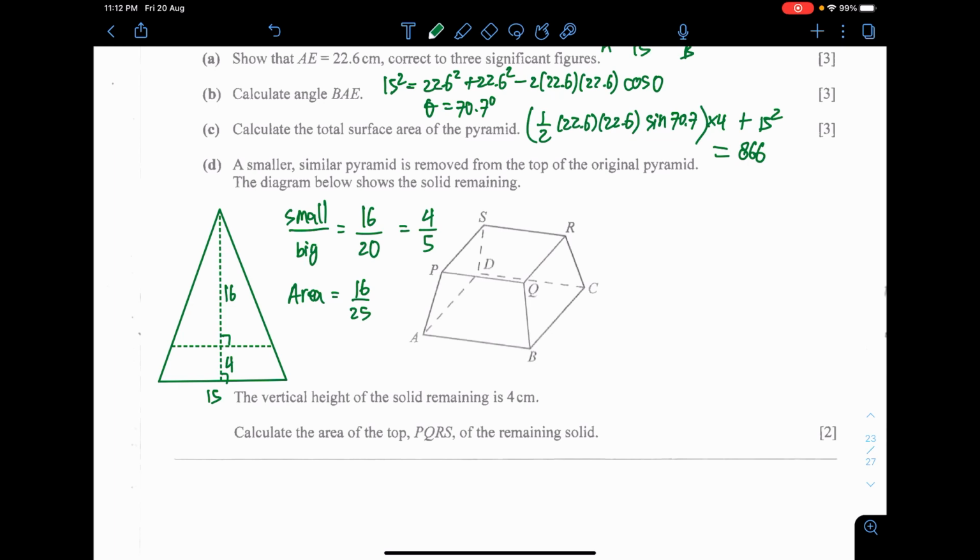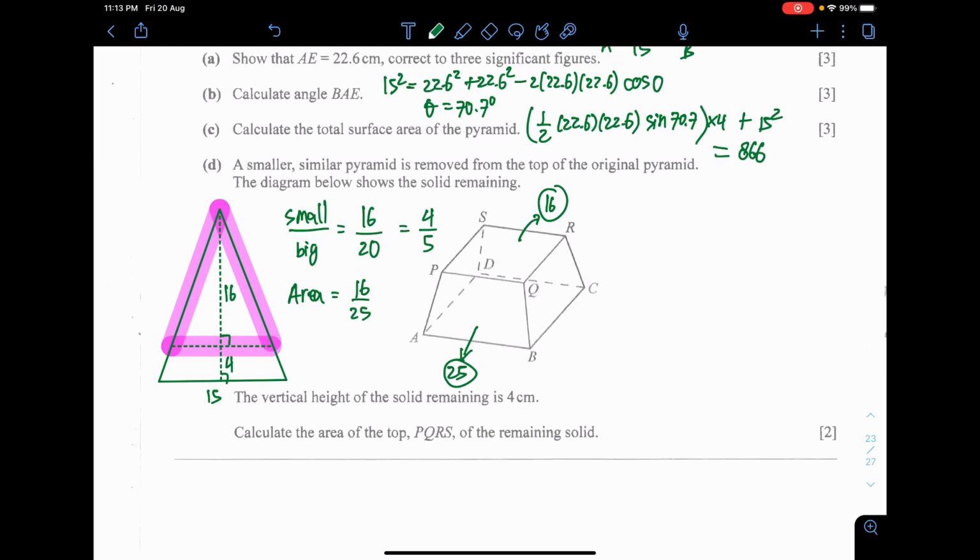So what does that mean? The 25 is actually for the area that is owned by the whole pyramid. And the whole pyramid actually includes the ABCD, which is actually the base. So here, the ratio is 25 units square, not cm square. And then for the smaller pyramid, that is the result of the cutoff. If you're wondering, the smaller pyramid is this one here. The bigger pyramid is the whole thing. Again, this is the side view. The area of the smaller pyramid is 16 units square, and that is actually the one on the top here.